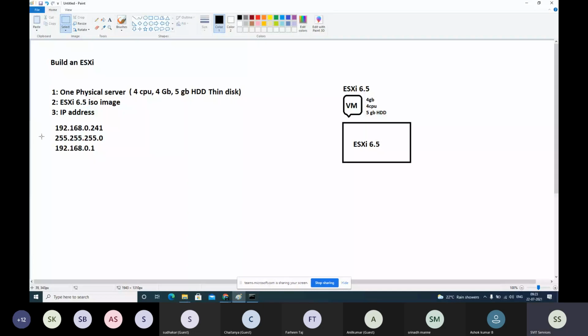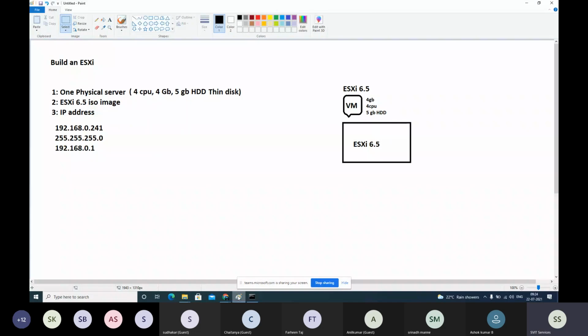Okay, this is how we get, in our lab at least, how to prepare a physical server. ESXi ISO image is already there. You don't need to think about the second point now. You have to build the first one and third one. Now we are ready to install ESXi machine. Okay, so attach the ISO image to the ESXi virtual machine.